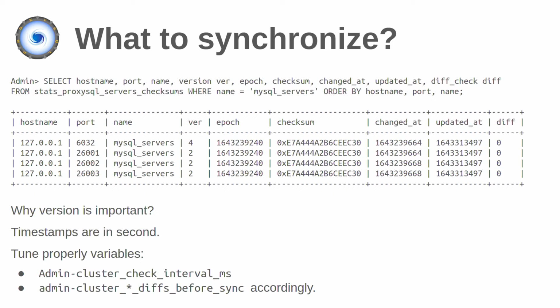Diffs basically shows the configuration of that specific node. If it is different from the configuration of the querying node, that is basically where you're running this query. If the diff increases, it means that the other node has a different configuration, and it counts the number of checks in which the configuration was different. Now, one important thing to know about the version number is that, as I was saying, every time you're loading to runtime, this increases by 1.